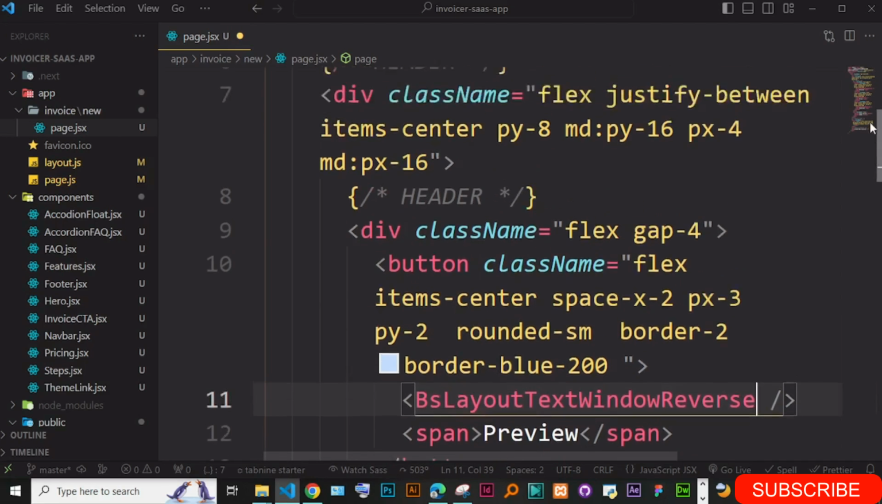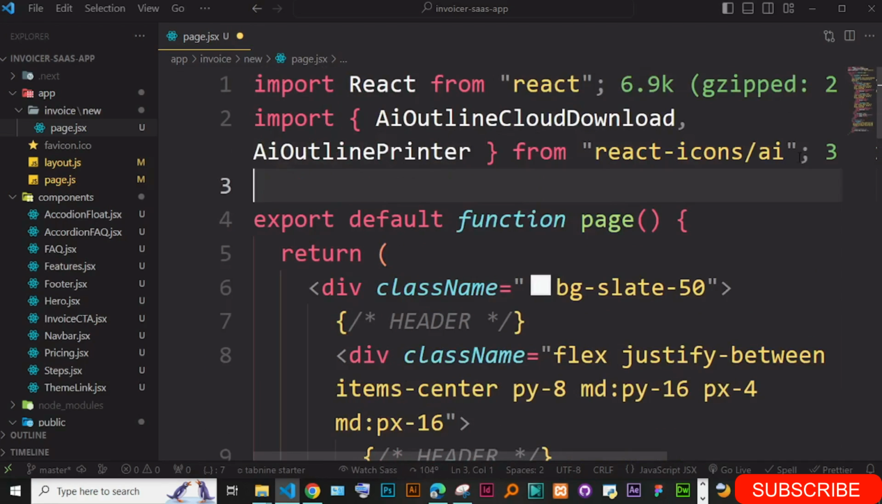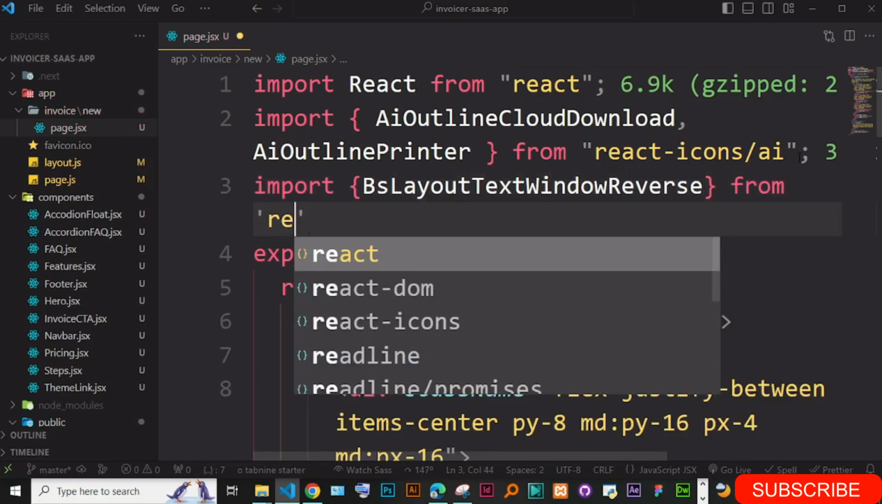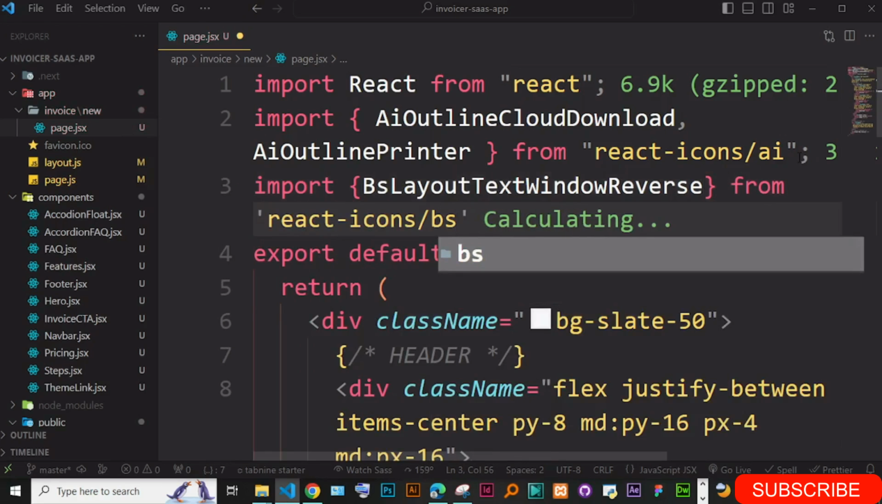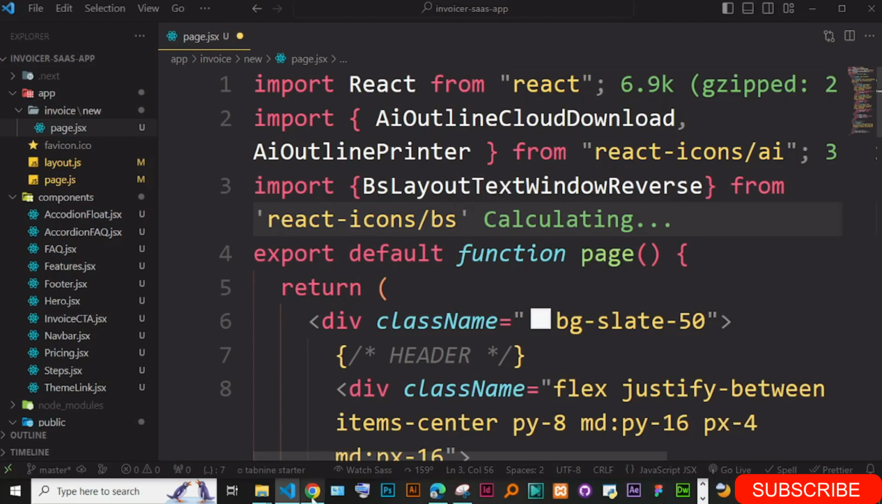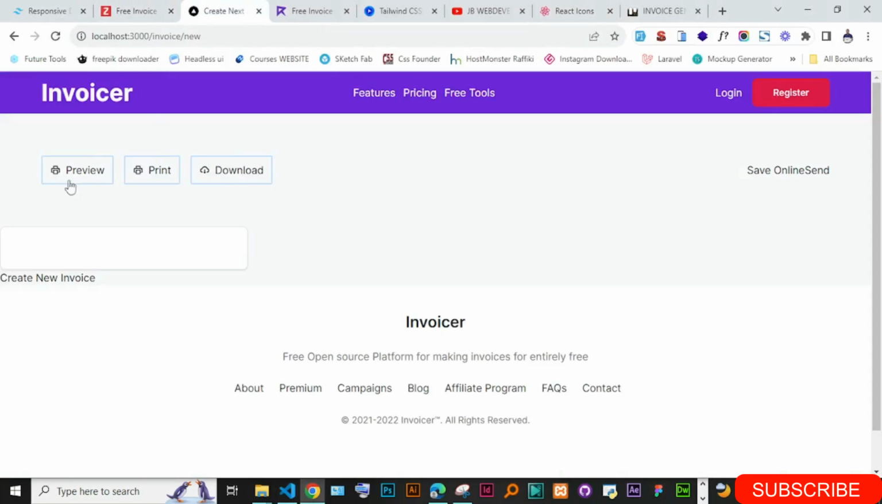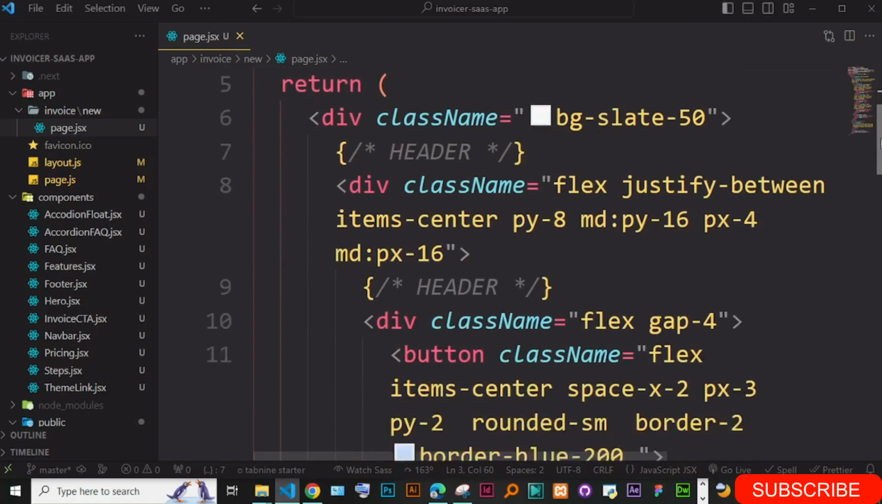Okay, and import this. So import from React icons BS. Okay, so let's look at how this looks, how it is coming out. So we have three buttons. Okay, and this